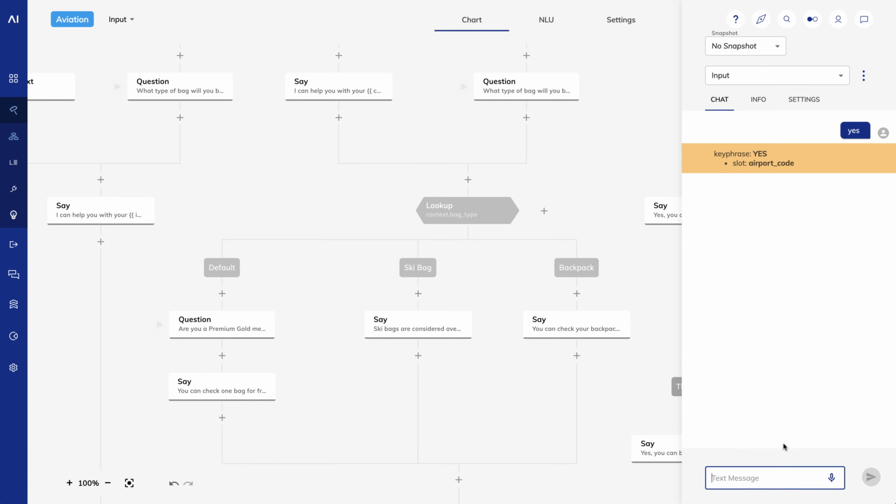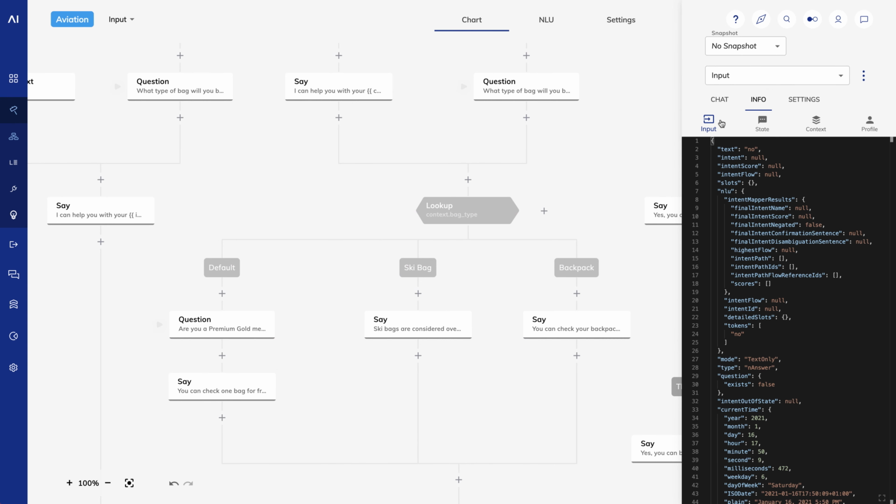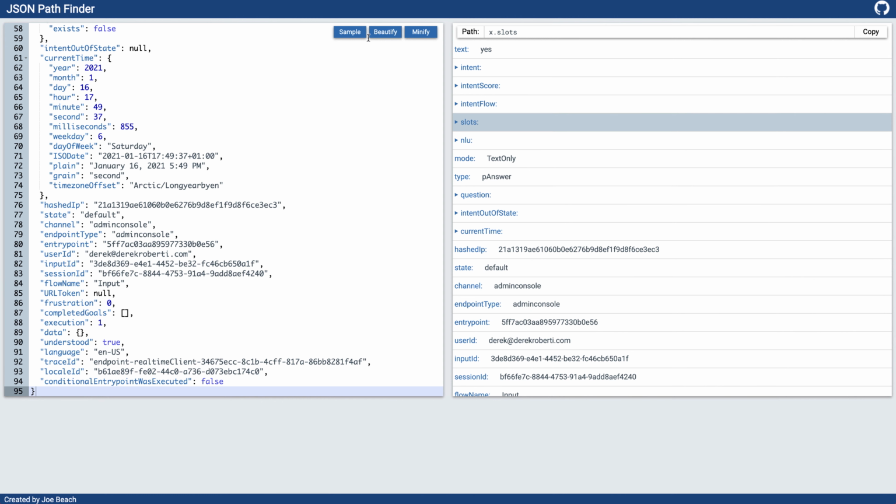Now I'll go back to the chat and try the same thing with no. When I copy the input back to the Pathfinder, I see the answer is now n-answer. That stands for negative answer.